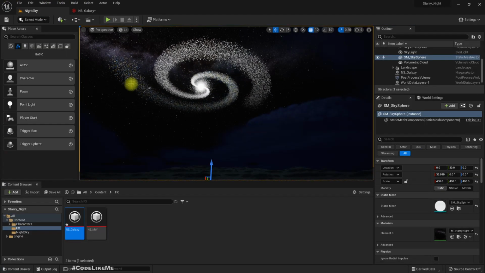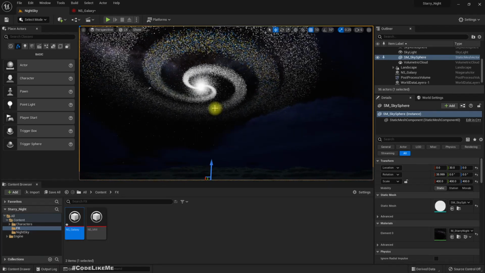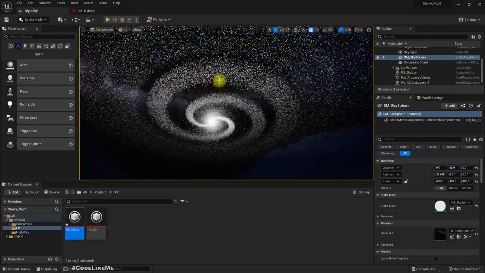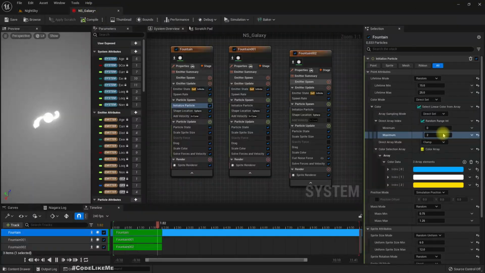Now one arm does have different colors, but even though there should be blue and yellow, most of the colors should be white, otherwise it doesn't look